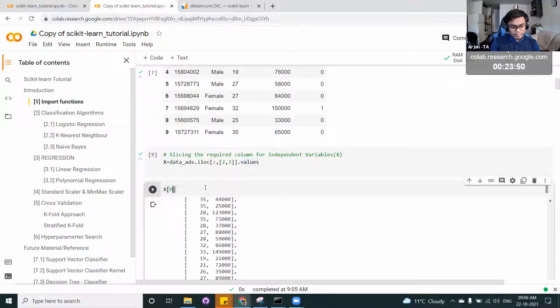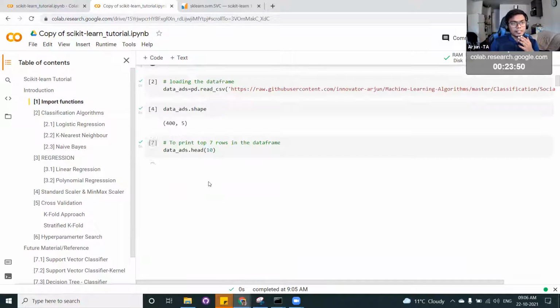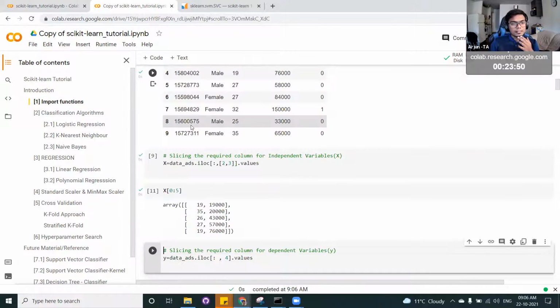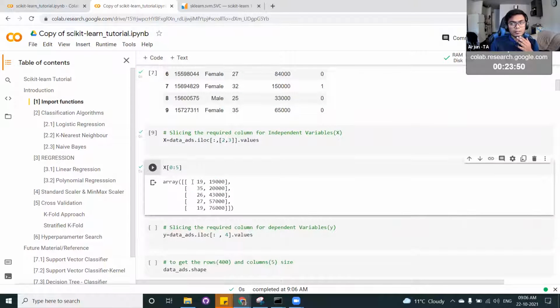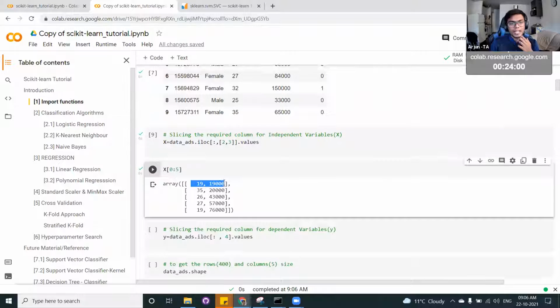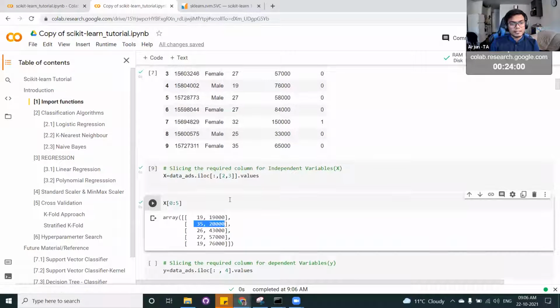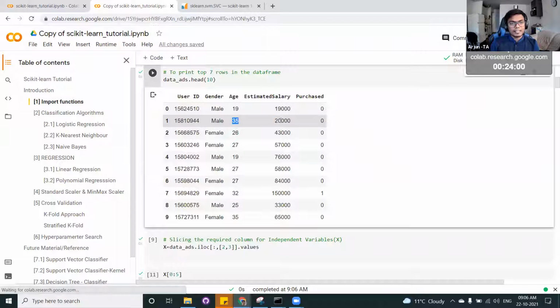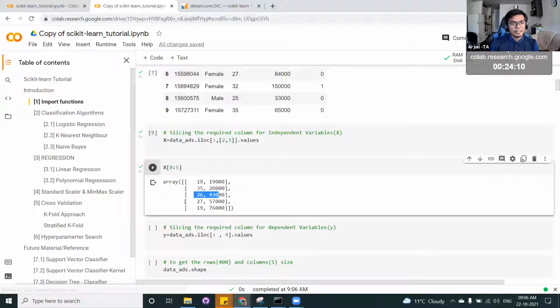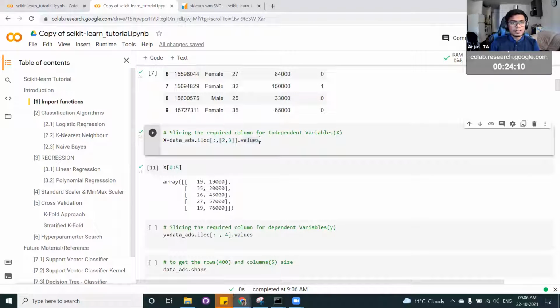If you don't want to print everything, you can just print the top 5 records. Whatever we have taken is now an array. When you compare with the data frame, the age is 35 and 20K is the salary, so we have converted everything to a NumPy array.